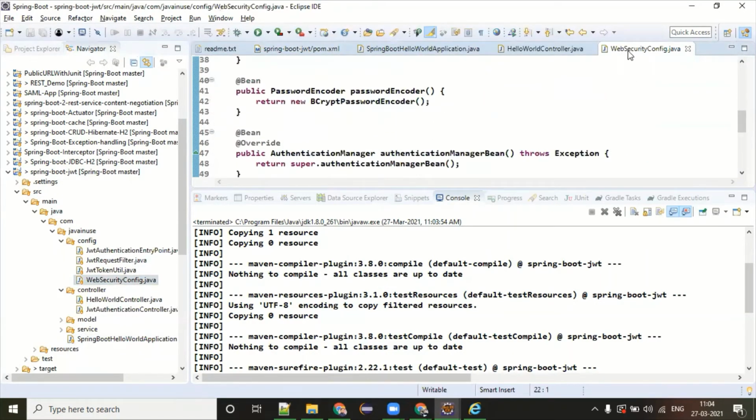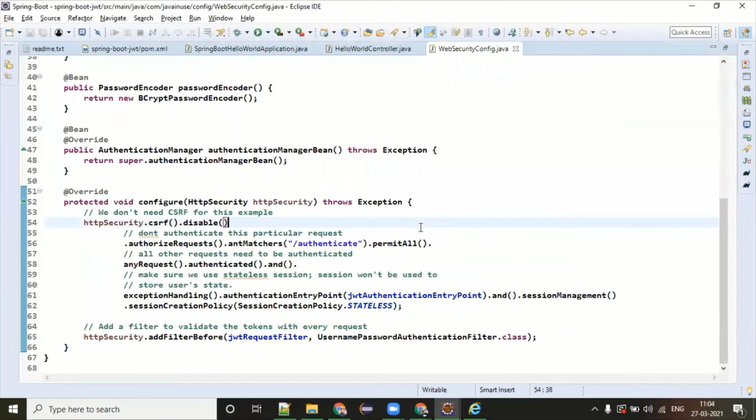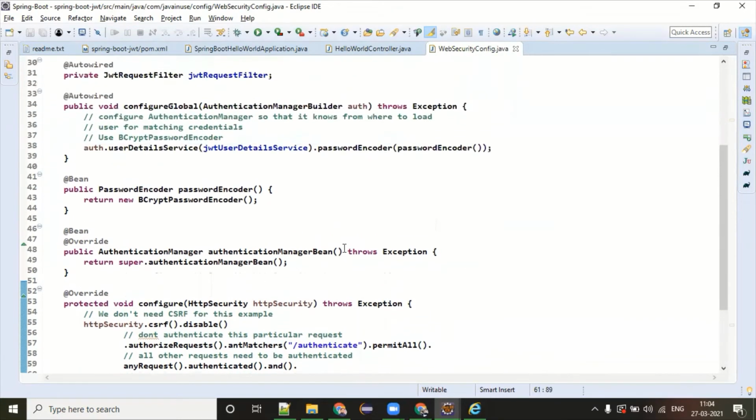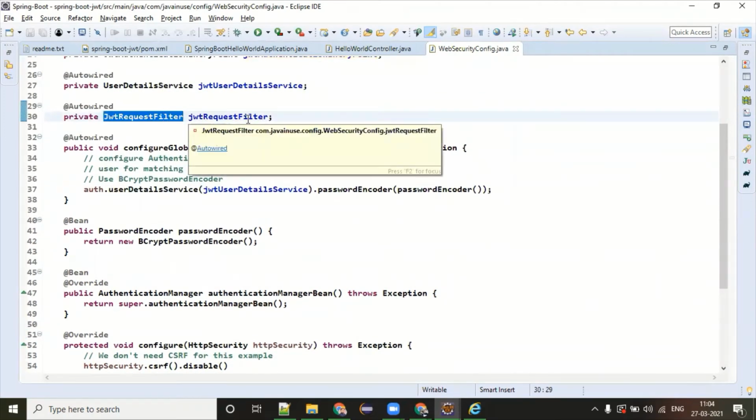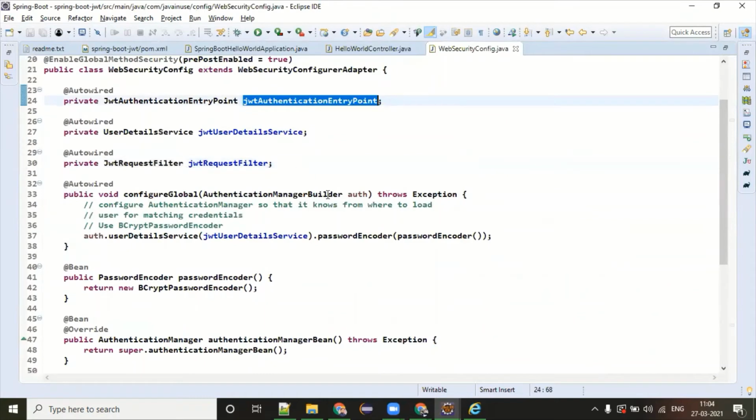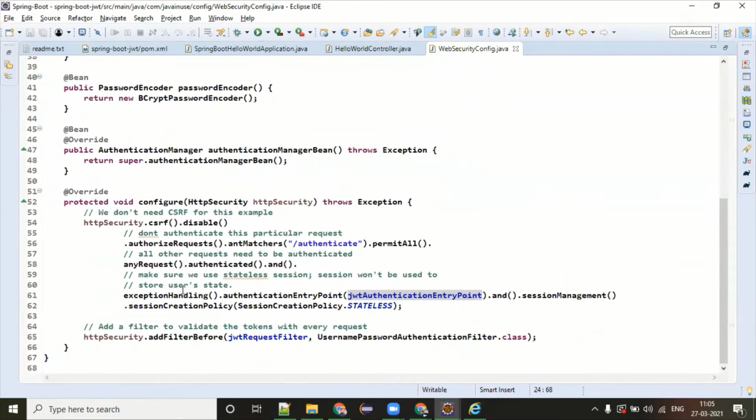This is going to have all the authentication. And here I'm saying the authentication provider is the JWT authentication entry point, which is here. Okay, so that I've set.